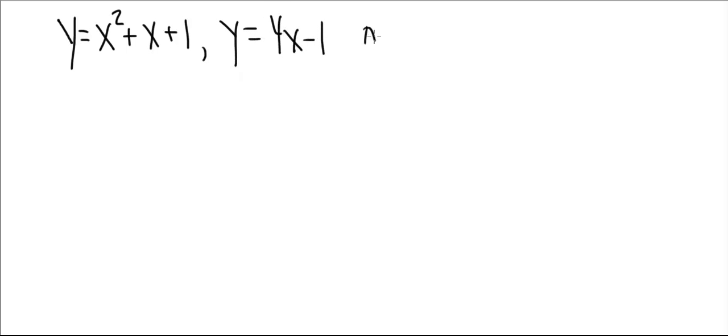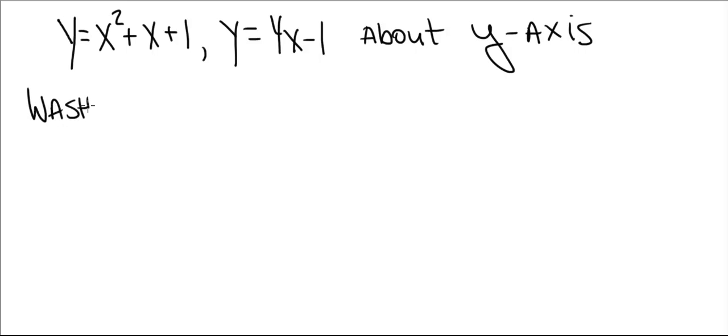We're going to find the volume of the solid of revolution that's obtained by rotating the region bounded by the parabola y equals x squared plus x plus 1 and the line y equals 4x minus 1 about the y-axis. Now in the video right before this, we used the washer method, which was quite involved, and it was a long problem and fairly difficult to show that the volume came out to be pi over 2